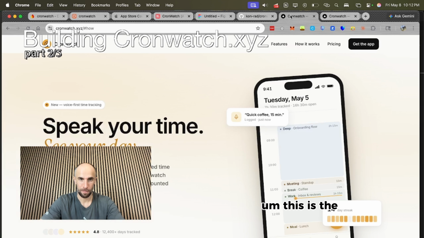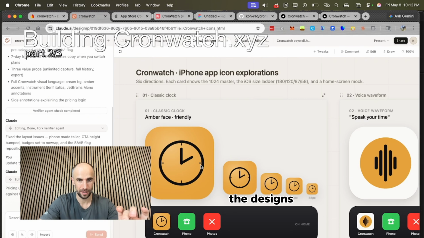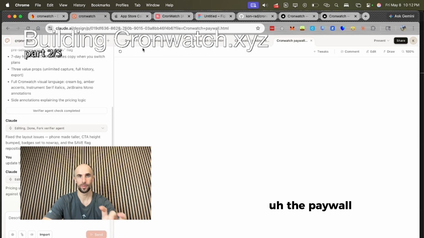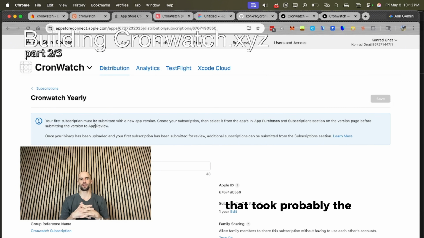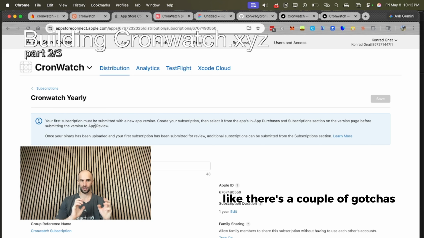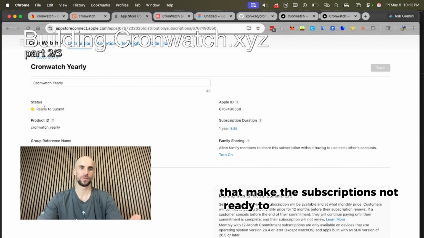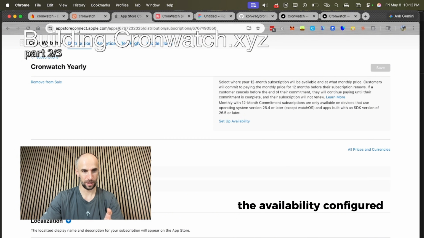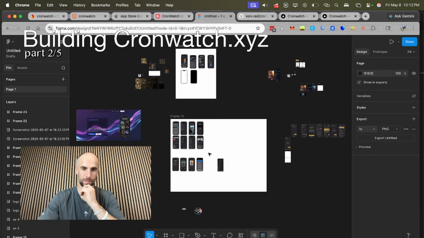This is the open source GitHub repo. This is the designs of the icon that I generated, the landing page, paywall. So in the App Store Connect, created the subscriptions. That took probably the longest. Like there's a couple of gotchas here that make the subscriptions not ready to submit until you have the availability configured. And this image, which I created in Figma,